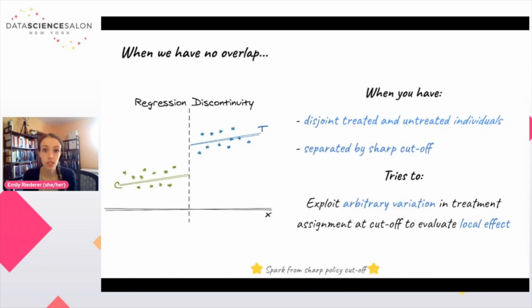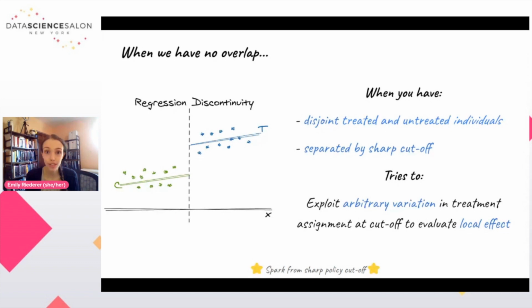Of course, sometimes we aren't as lucky as to find that hidden experiment within our data. The populations of treated and untreated may be truly disjoint. In fact, in industry, we've often caused that sort of disconnect. Many companies offer customers differentiated treatments based on discrete customer segmentations, based on model scores or sharp cutoffs on behavioral metrics. This can create a situation where our entire treated and untreated populations are completely disjoint,